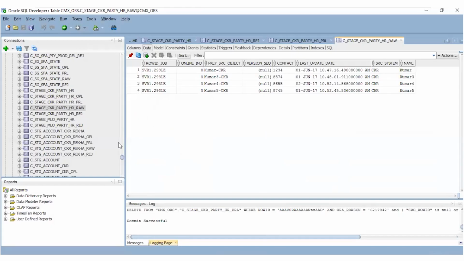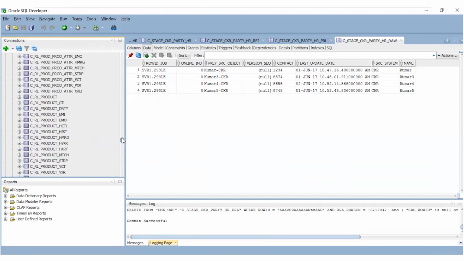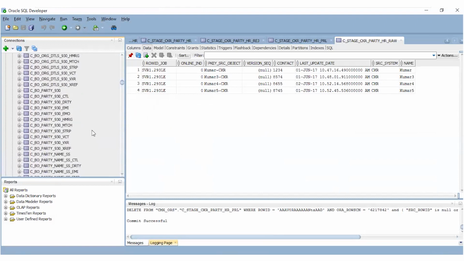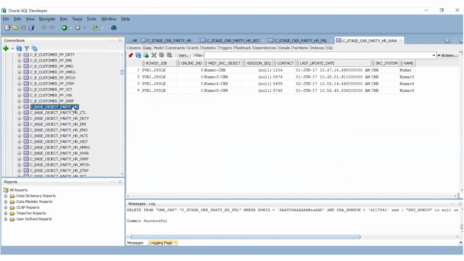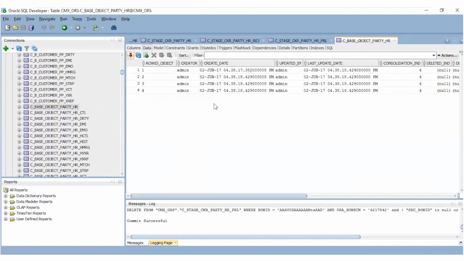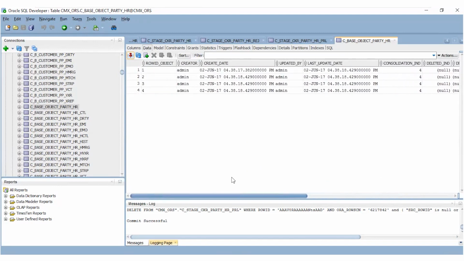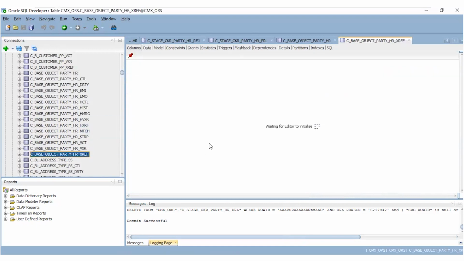If we see at the base object section level, C_BO_PARTY_HR. See base object party HR. Okay. So 4 records have been inserted. This is the data load for the base object, and we can see the XREF entry also. So here we have the XREF entry,